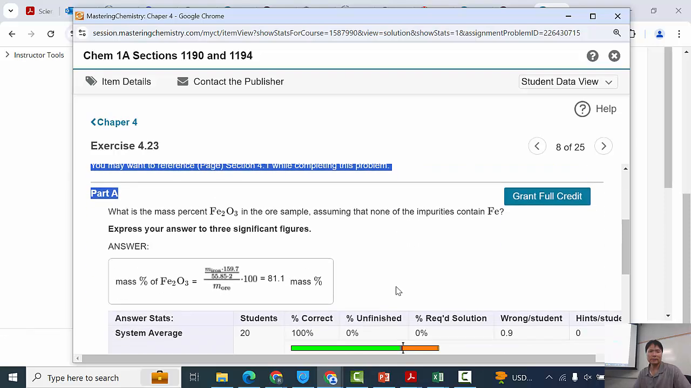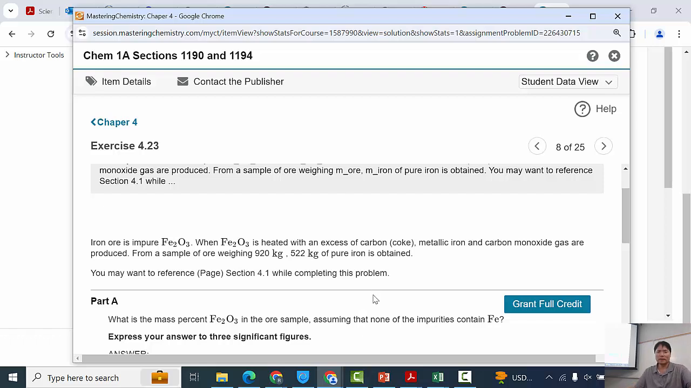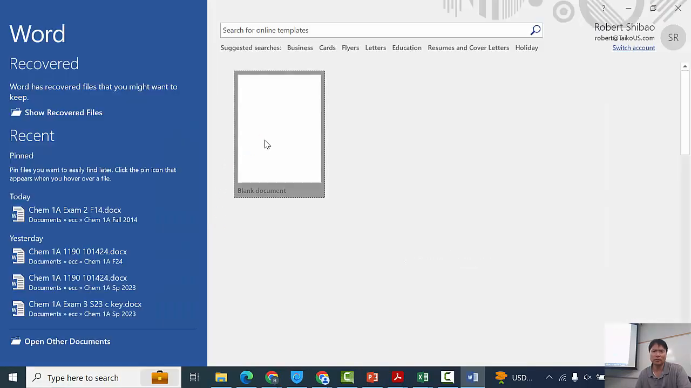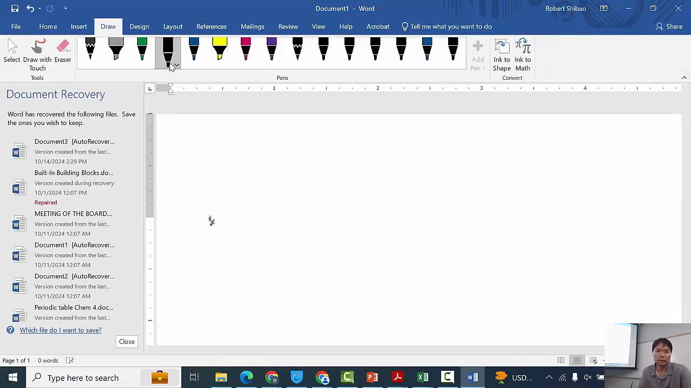And so let's see how they do it. It looks like they use the percent by mass. I wouldn't have used the percent by mass here. I would have done it like this instead. Let's see if Word is going to work. I would have just gone 522 kilograms of pure iron, then to grams of iron, to moles of iron. Then I would use the mole ratio of the formula to get moles